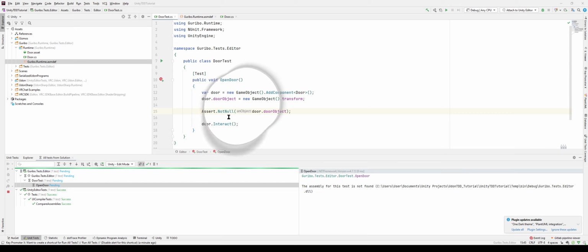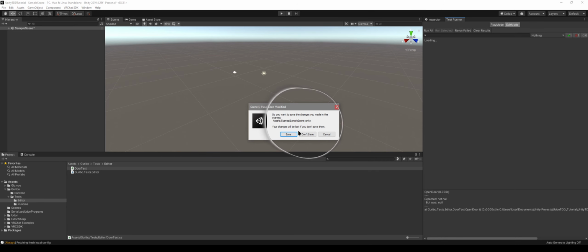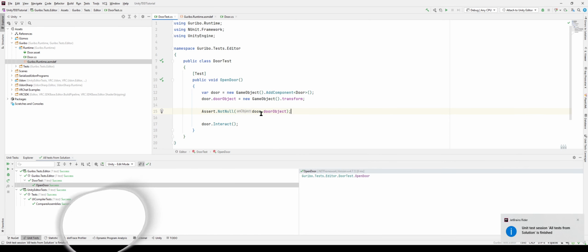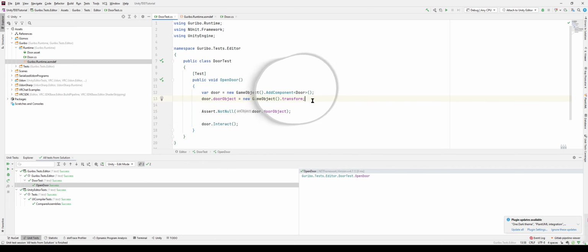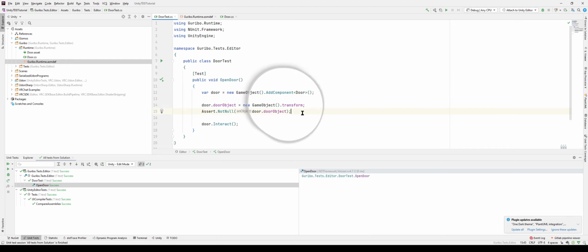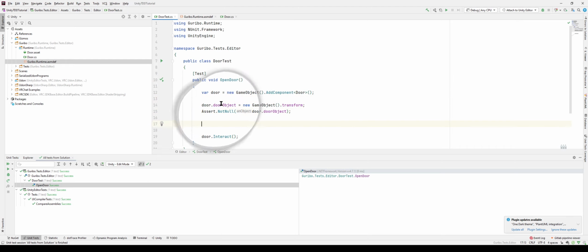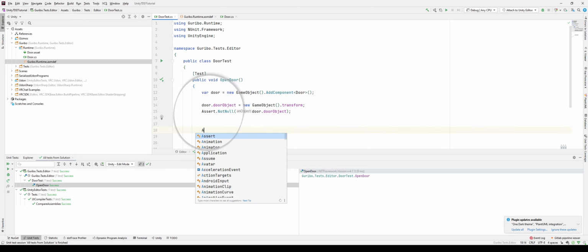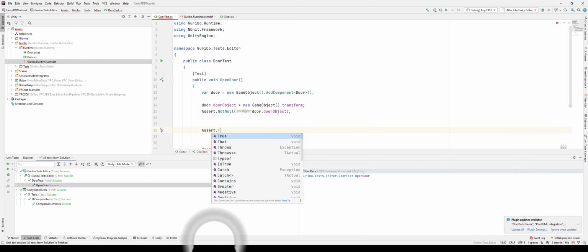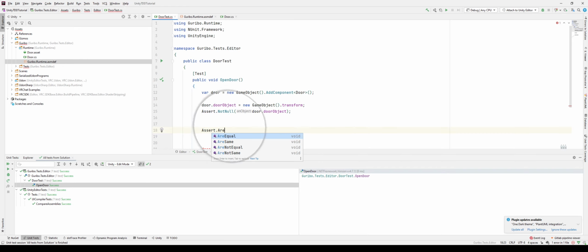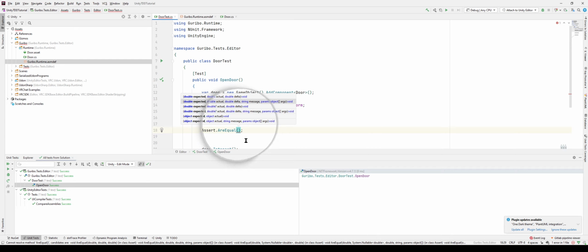so everything I'm doing here is basically what you would do in your scene. But for testing purposes, I'm going to create everything in code here. So the first thing passes. The door is no longer null. The next thing is I want this door to be a child object of the first door object. So this is the door object that is actually being moved, and this is the door that is just sitting statically in your scene. So I'm going to check assert true in this case, or I equal actually, and parent